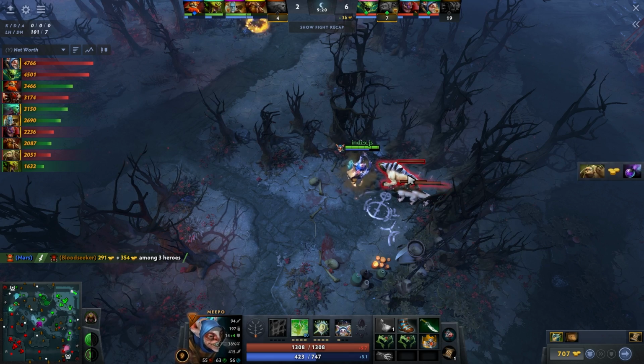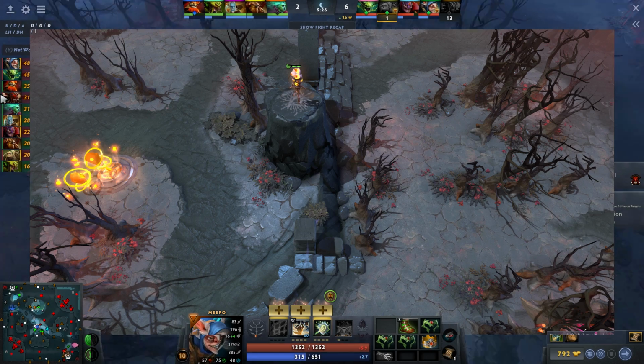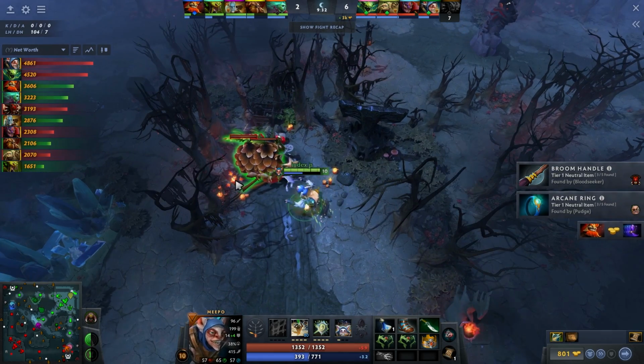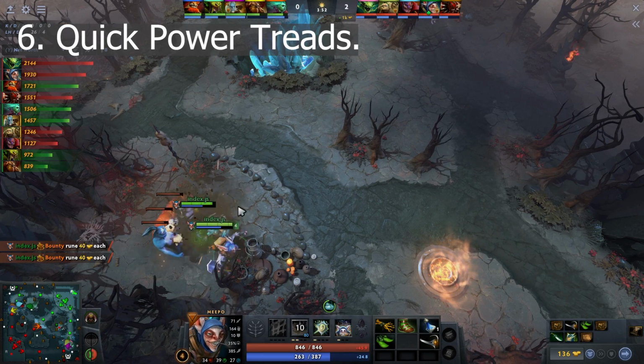time. For the Radiant, I suggest placing wards at this location. For the Dire, consider this spot. This way, you can have better control over your farming area and minimize the risk of being constantly harassed by enemy supports. The sixth piece of advice revolves around accelerating your farm by recommending the purchase of power treads before